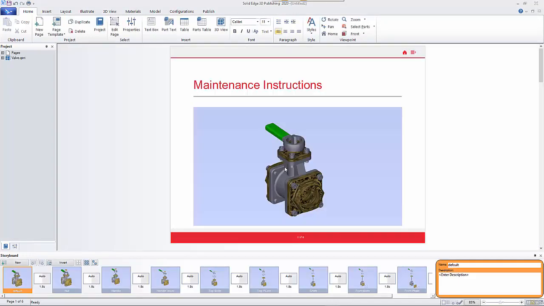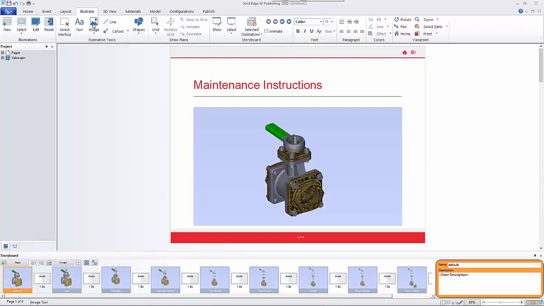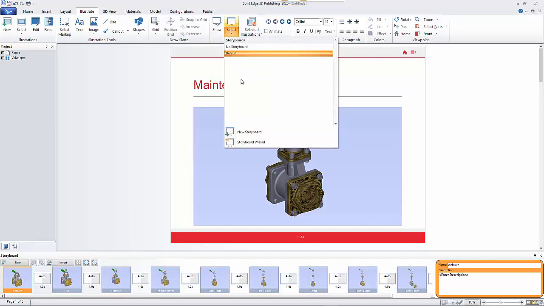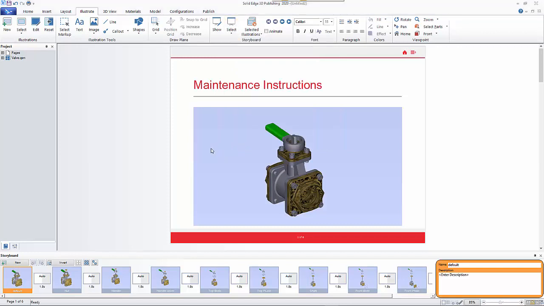It pulls in that information and applies it to the model. So you can see the quality of this is not as good as the last one when we upped its quality. So from here we can go into the illustrate command, and under storyboard I'm only interested in the assembly, so I'm just going to go new storyboard, which we'll call this cover page,